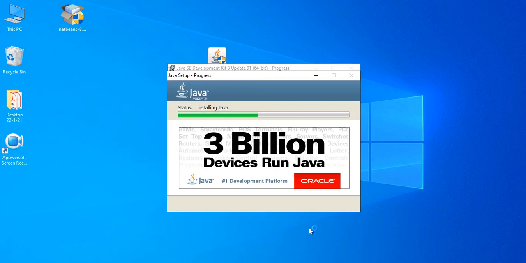As of now JDK 14 and JDK 15 are also available. If you want to install the latest version, you can also do it, and the process will be very similar. The way you are installing JDK 1.8, similarly you can install JDK 14 or 15. Same way for NetBeans, nowadays versions 12 and 13 are also available. If you want the latest version of NetBeans, just find it on the internet and install it.